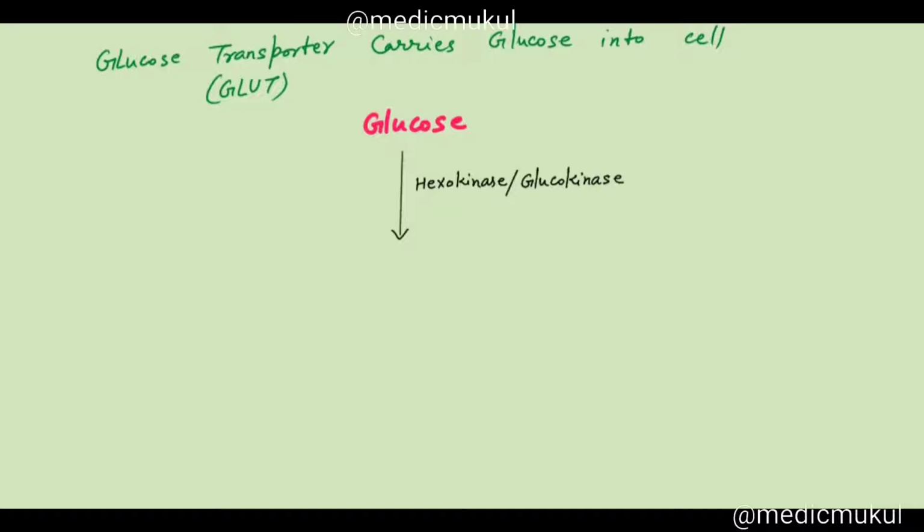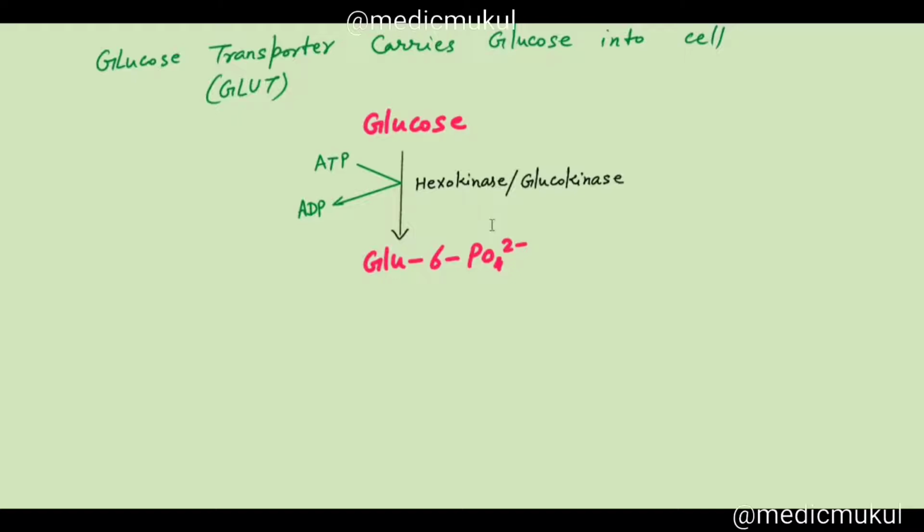When the phosphorylation occurs, it requires ATP. This ATP is converted into ADP, and the phosphate comes here. This phosphate attaches at the sixth position, and they make glucose 6 phosphate. They both have 6 carbon, so which enzyme will be used? Hexokinase and glucokinase. Glucokinase is specific for glucose. Hexokinase can use any 6 carbon molecule.